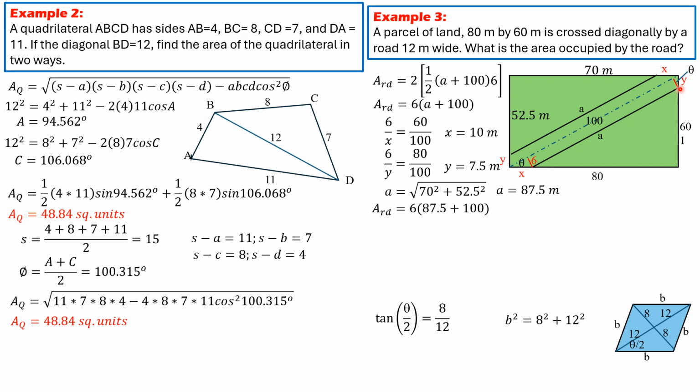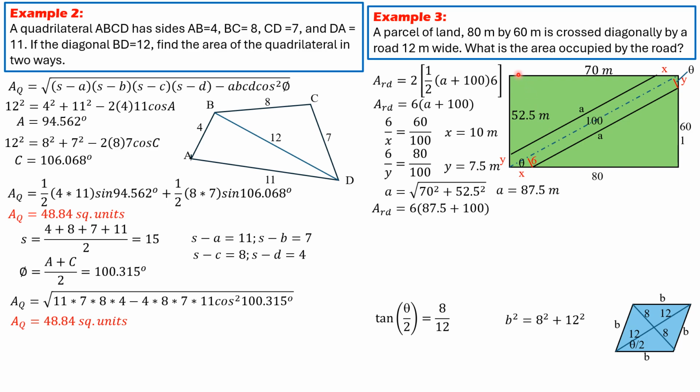Likewise, if we call this part y, which is also that part there, y. Then by similar triangles again, adjacent of theta this time, which is 6, as to hypotenuse y is equal to adjacent of theta here for the big triangle, 80, and the hypotenuse is 100. So y is 7.5 meters. Therefore, this dimension from that corner to the end of this boundary is 60 meters minus y. 60 minus 7.5 is 52.5.